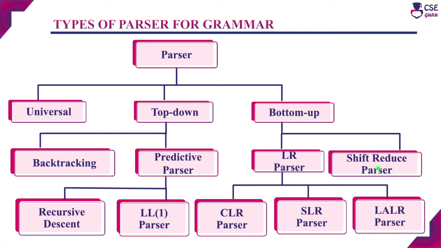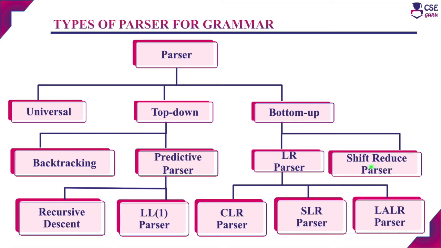Next, shift reduce parser. This shift reduce parser implements two main actions: one is shift and the other is reduce. Shift is nothing but the current input symbol being read and pushed into the stack. And reduce is nothing but at each step trying to replace the input symbol by a non-terminal. So at each step the parser has to take the decision whether to shift the input symbol or to reduce. This reduce action is based on the follow set. This reduce action may cause a shift reduce conflict.